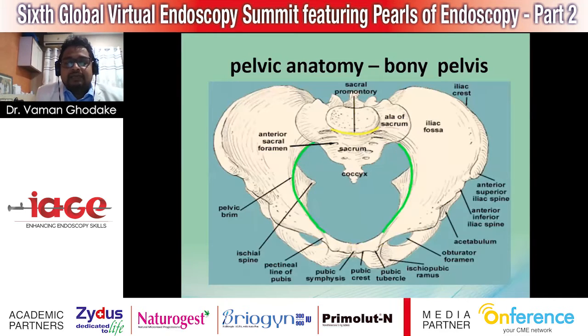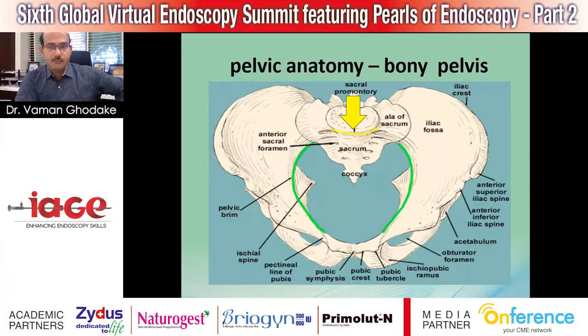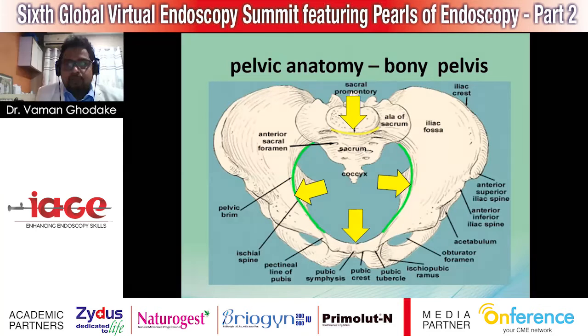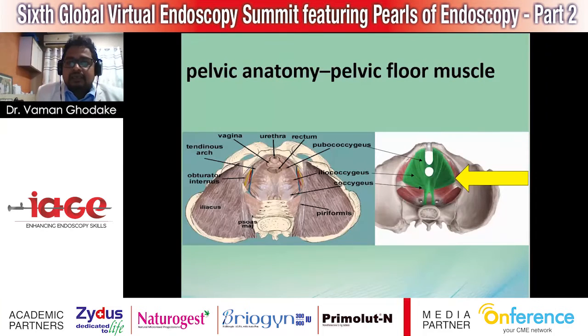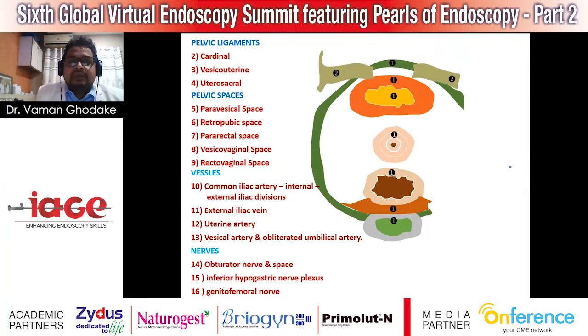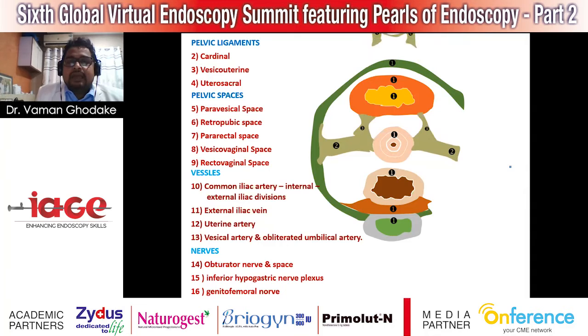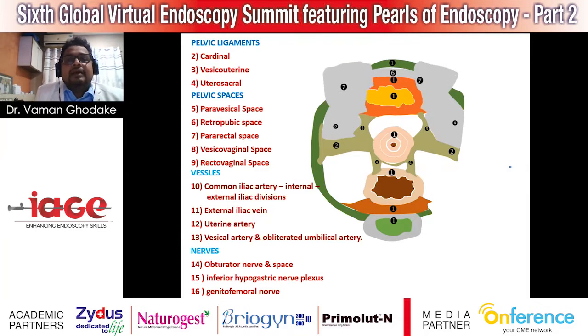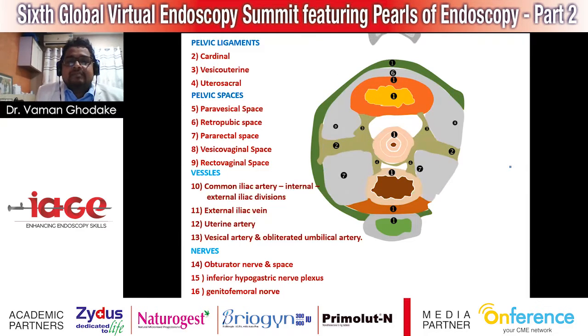Now, the bony pelvic anatomy of importance is the sacral promontory, pelvic brim, and the retropubic area, and the pelvic floor. Now, we'll see a little bit of anatomy. These are the cardinal ligament, the vesico-uterine ligament, the uterosacral ligament, and the spaces, that is the paravesical and retropubic space, which the previous speaker just now explained, and the pararectal spaces, then the vesico-uterine space and the rectovaginal space, and